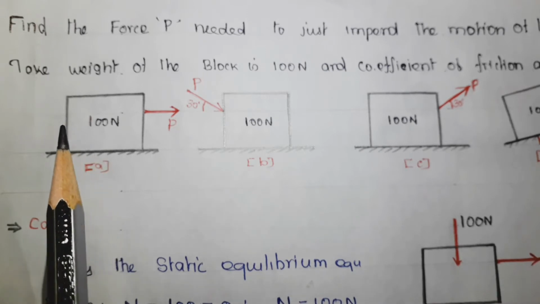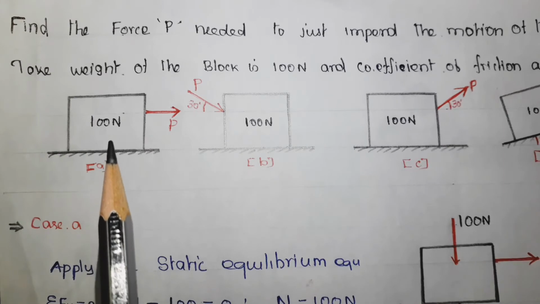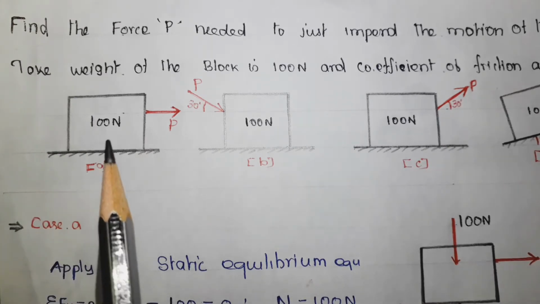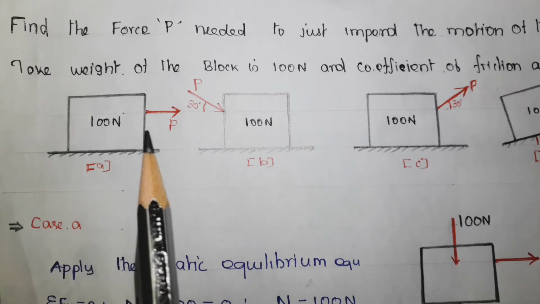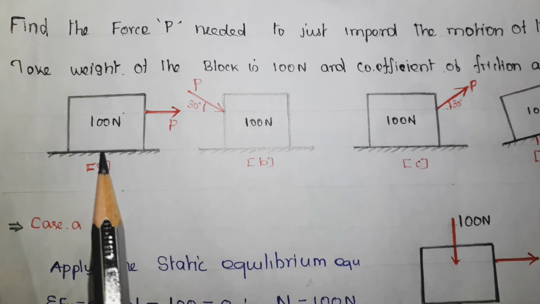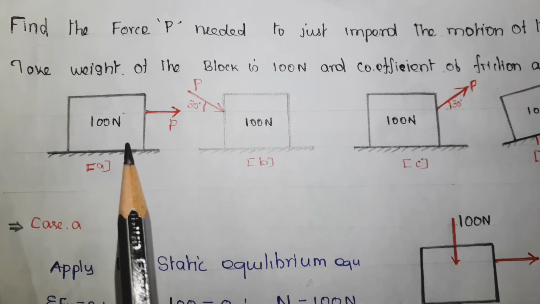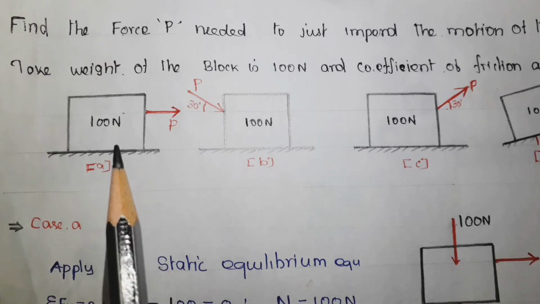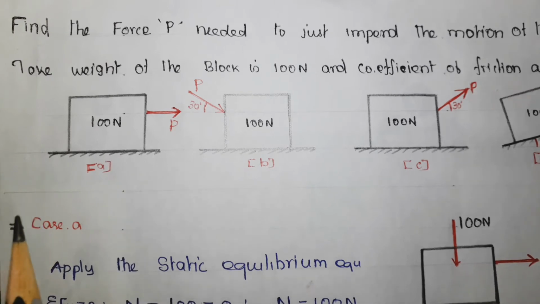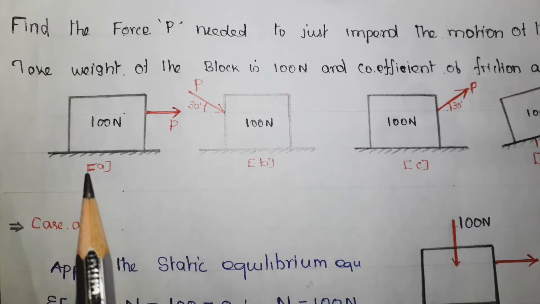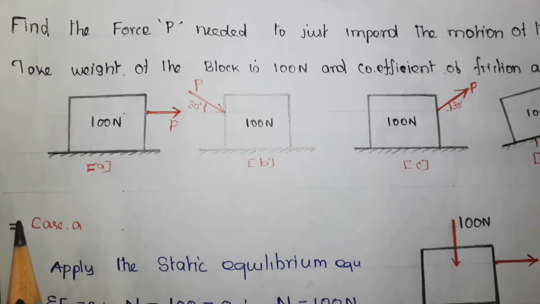Now there is a weight of 100 Newton which is being kept on a floor. Okay, and now I am going to move this object with the help of this applied force, but since there is friction on the surface, this object does not move easily. The friction does not allow the object to move until it reaches the limiting friction. Please note the word limiting friction. Beyond that only will this object move. I already discussed this in my previous videos.